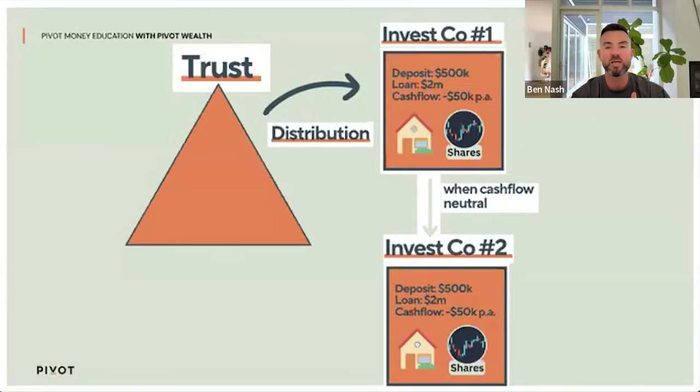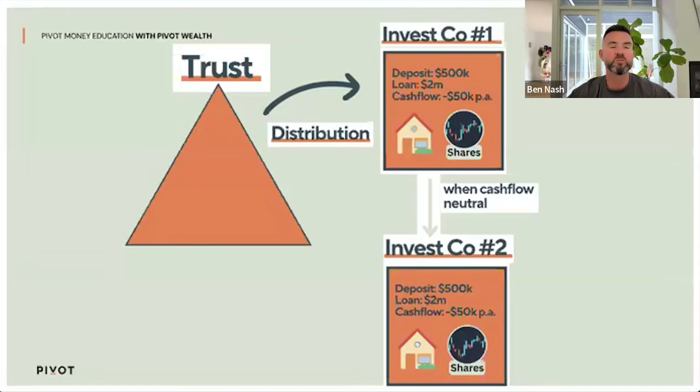I saw some comments saying that you can do the same thing with share investing. Yes, you can to a degree, but there are a couple of important caveats. When you borrow to invest in shares, you're typically paying a much higher interest rate, probably closer to 8, 9, or 10%, compared to 5 or 6% on your mortgage. The other thing is that the banks typically will not lend as much. With a property, they're typically going to lend 80%. With shares, they're not going to lend anywhere near that amount because of the extra risk.